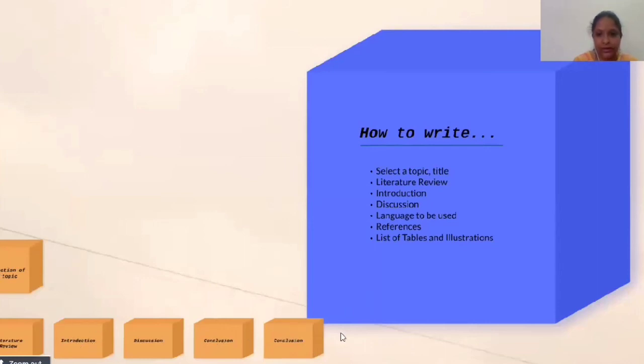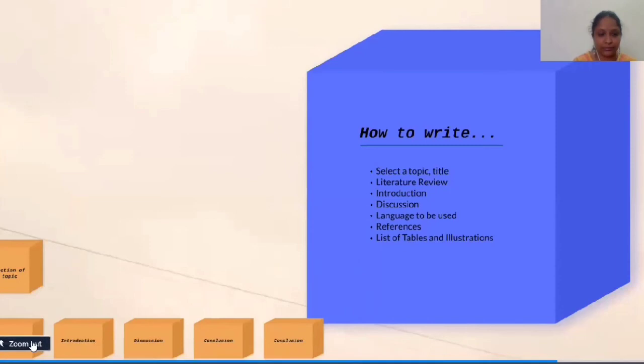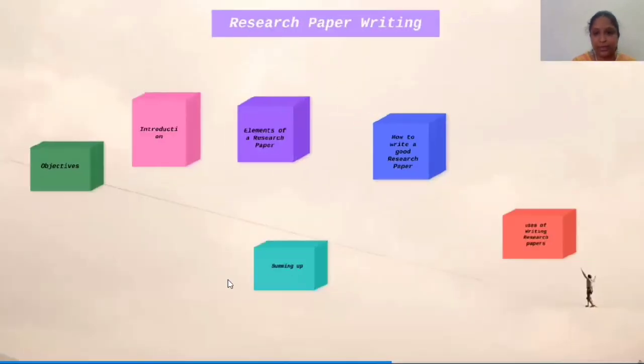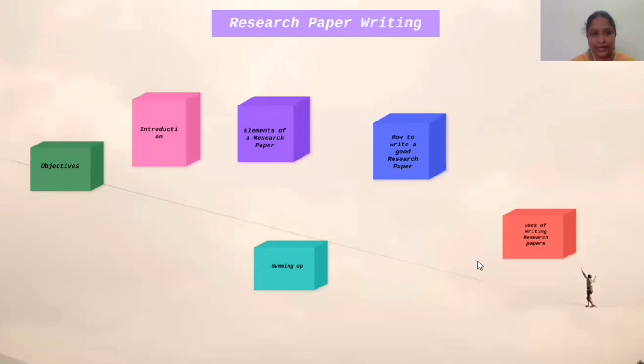Now let us talk about the language that you can use in a research paper. The language that you focus on in your research paper should be very easy to read and understand by the audience, and then you need to use simple words.